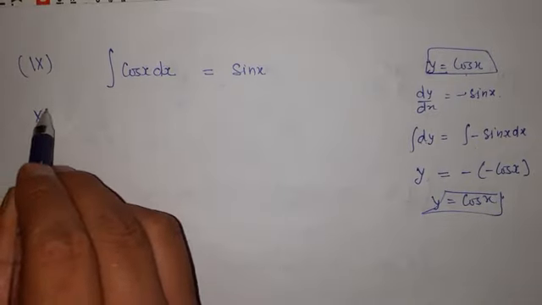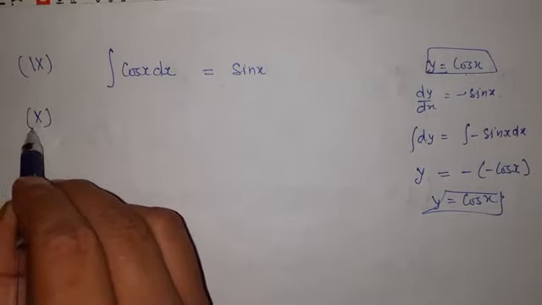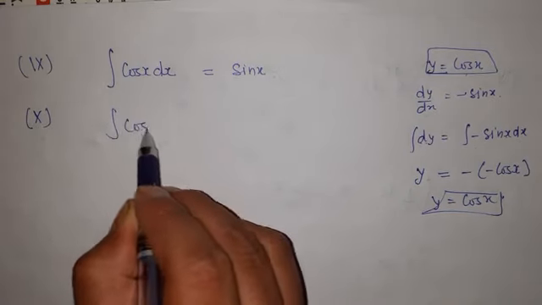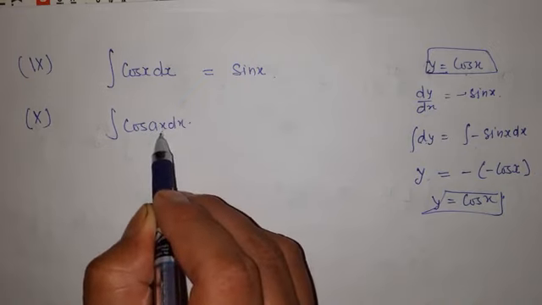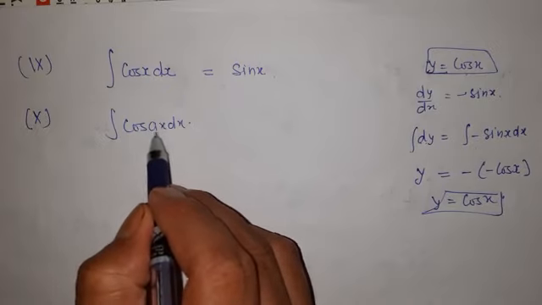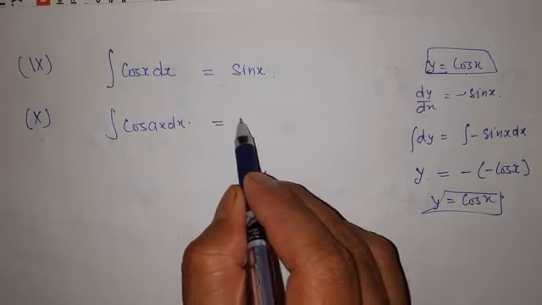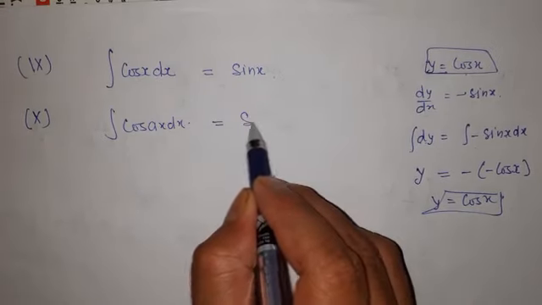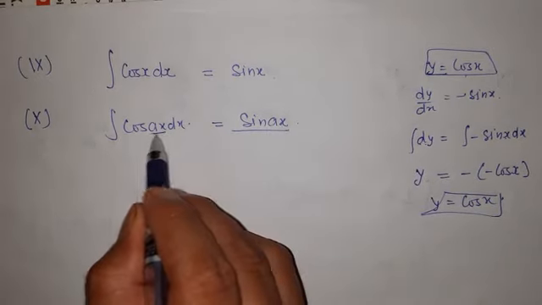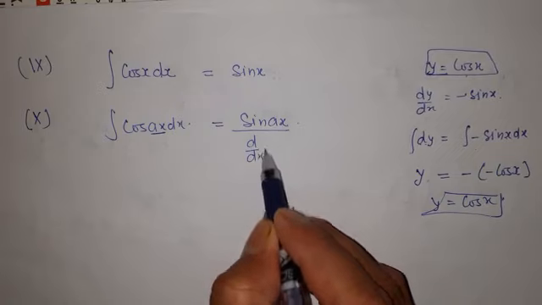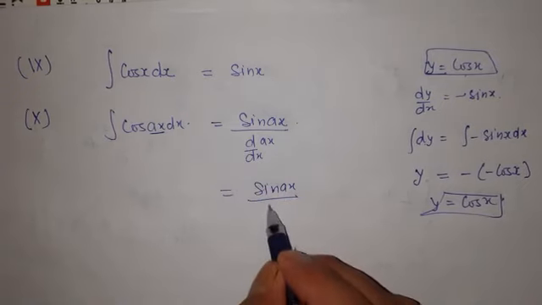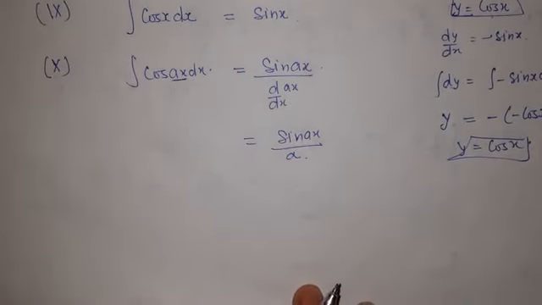And this tenth formula is the integration of cos ax dx, if there is anything with this angle. The angle is not simple, it is something like ax. The integration of cos is sin. Simply do this integration, and thereafter whatever its angle is, find its derivative. So we get sin ax upon the derivative of this, which is a. This is formula number 10.